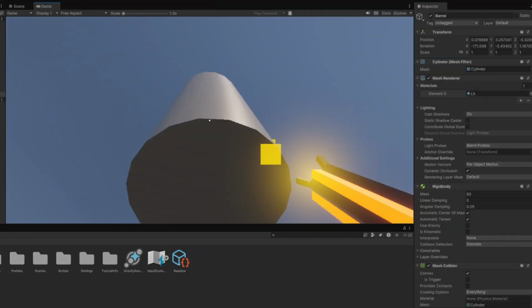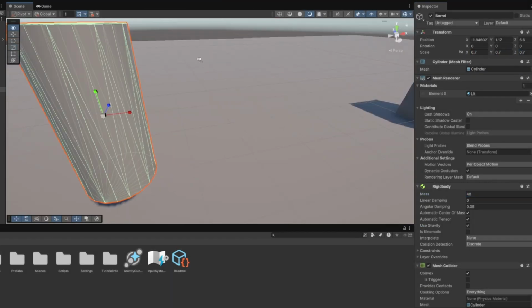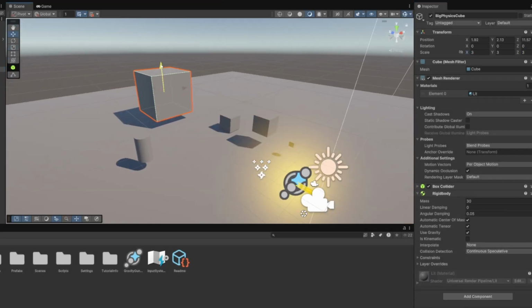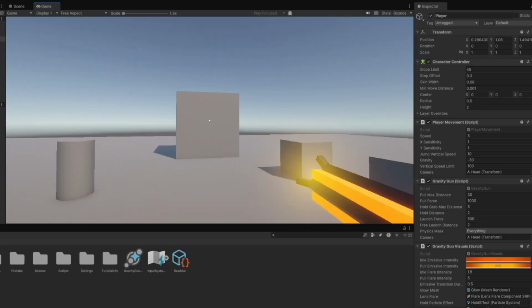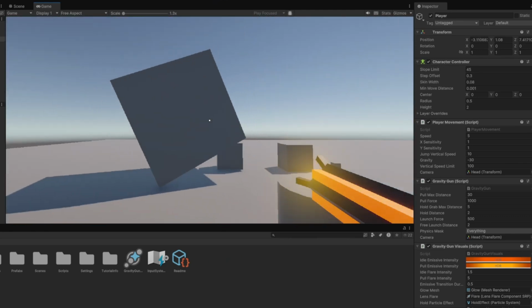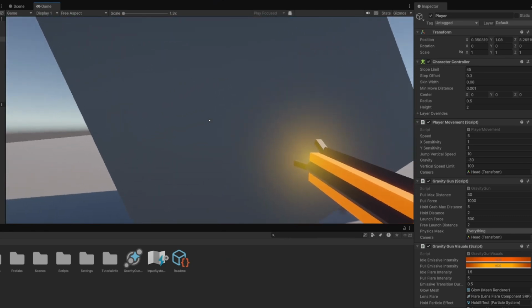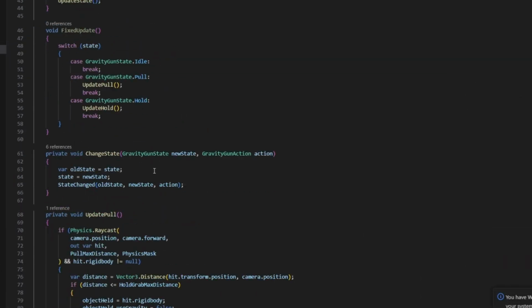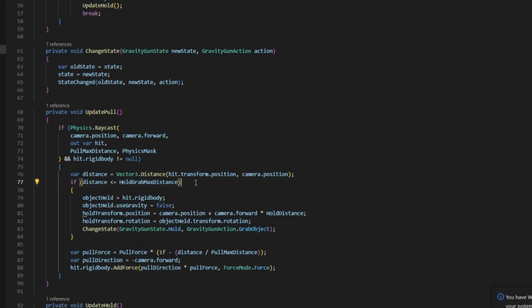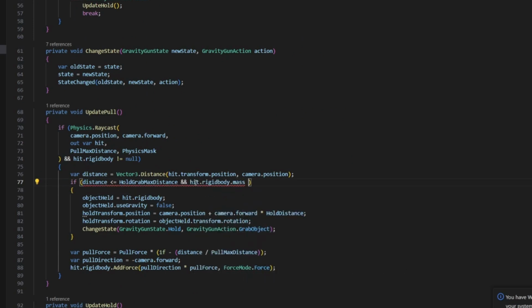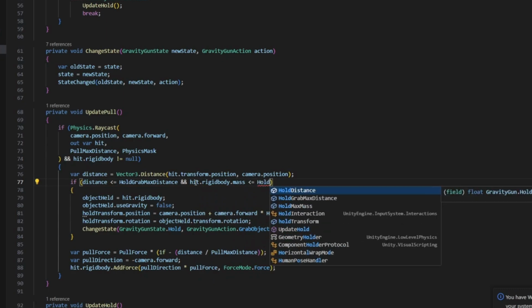At this point I wanted to experiment with different sized objects and different mass to see how the Graviticon behaves with them. Another problem emerges from here. We are able to pick up any dynamic object, even if it's a big object with a lot of mass. This is easily fixable with an additional if condition. We make a configurable maximum object mass that can be picked up, and compare rigid body mass with that.